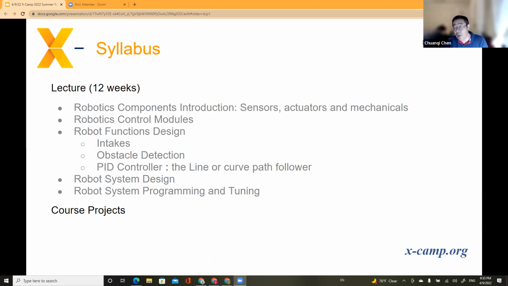And as Dr. Jin talked about, system engineering: how to put everything together. That's a challenging part. How do you put all the systems together, achieve the mission, and in a very limited time get as many points as possible in the competition? We'll talk a lot about robot design, but this class will still focus on programming, because kids are not yet programmers. So we will have a lot of hands-on teaching your kids how to program every single component and control the whole robot, and then do the troubleshooting and tuning. At the end, we will have a final project as well. Next slide.